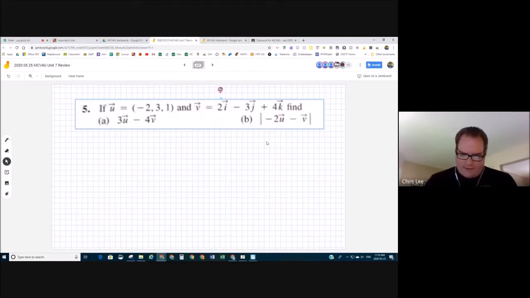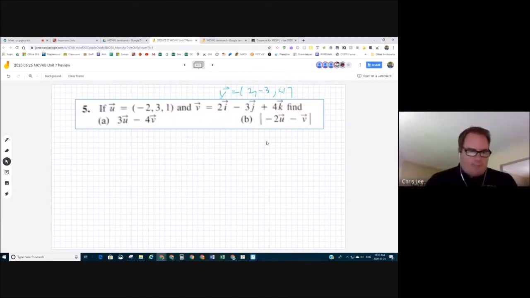All right. So yes, perfect. He said it is 2, negative 3, 4. Be very careful. Sometimes the textbook likes to mess you up and put the order of those in different orders. So even though the k might be first, the k still represents the z value. Don't get fooled by that. That's a good little hint for tomorrow's test. Make sure you have the order of the i, j's, and k's. Doesn't matter how it's presented to you. The i goes with the x value, the j goes with the y value, and the k goes with the